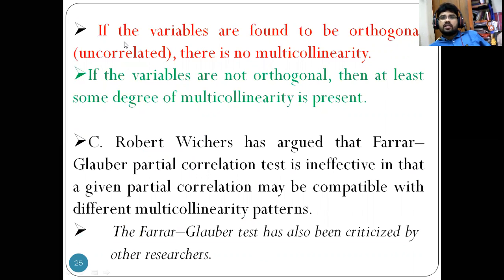Generally, as I conclude, if the variables are found to be orthogonal, uncorrelated, that is, if the variables are not correlated, there is no multicollinearity. If the variables are not orthogonal, it means the variables are correlated, and then some degree of multicollinearity is present. So as per C. Robert Richards,